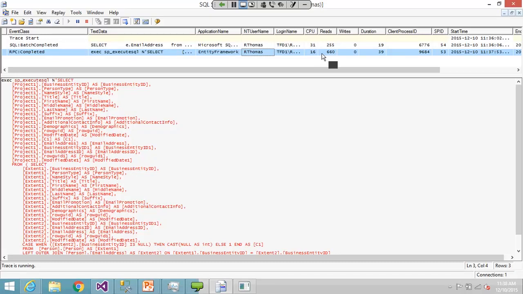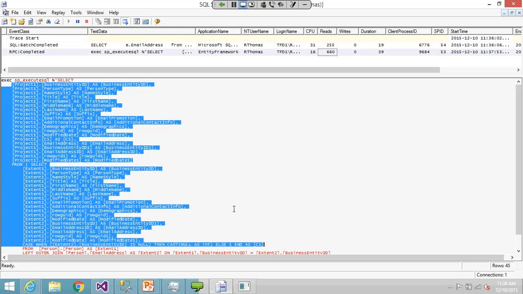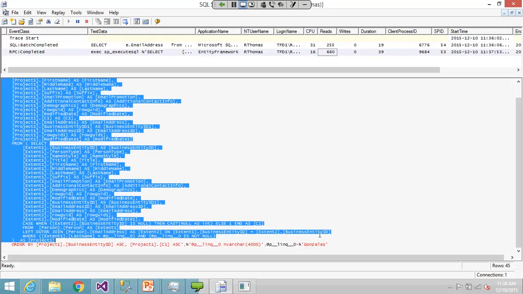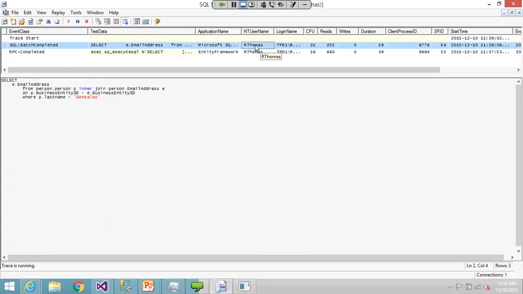However, I'm still at about twice as many reads for a pretty simple query. And frankly, I'm surprised that it's only that much bigger, because look at all this. All I wanted was email addresses, and I got back a massive amount of data. Why can't I just get something that looks like that? Because that is way easier for the query optimizer to compile and to give me a really good, concise plan